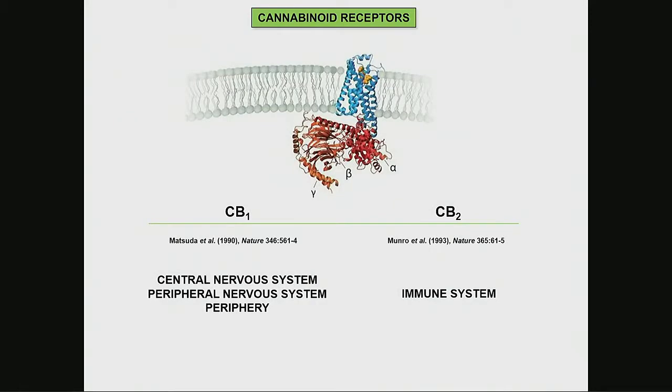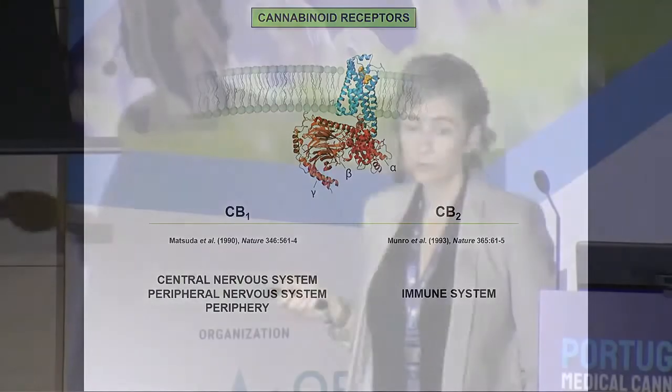So CB1 is not the only cannabinoid receptor. A few years later, another receptor was characterized and described, CB2. And in healthy, adult individuals, the expression of the receptor is restricted to the immune system. I said healthy and adult because we have evidence that during development, we have CB2 receptors in places where, once we get to adulthood, they're not there anymore. And we also have evidence that in some pathologies, the CB2 receptors increase. So they are usually not expressed in certain tissues, but if the tissue is suffering a pathology, the CB2 receptors increase.